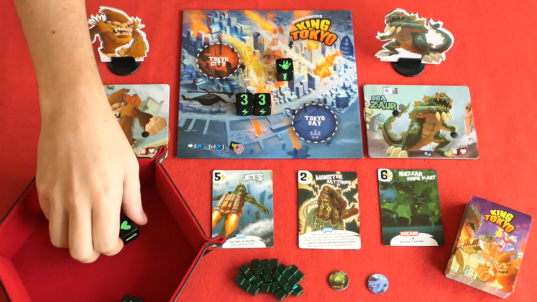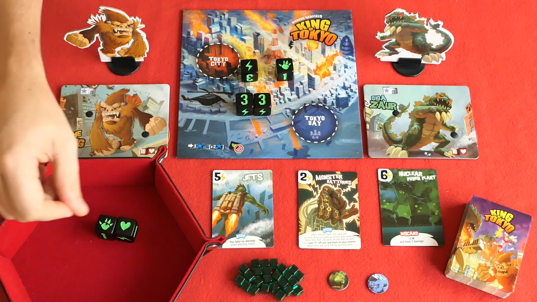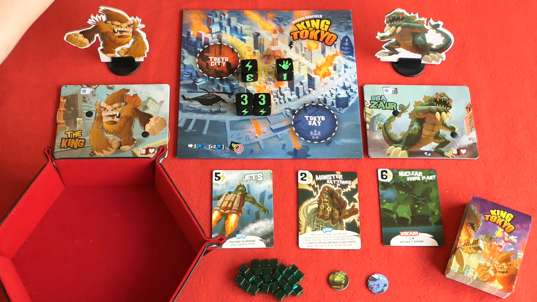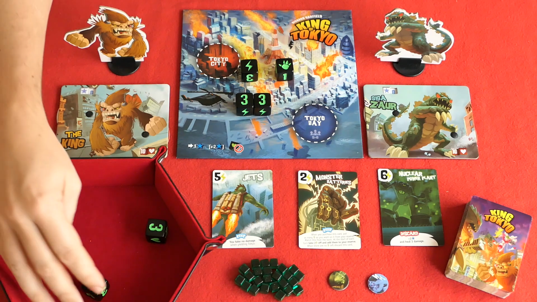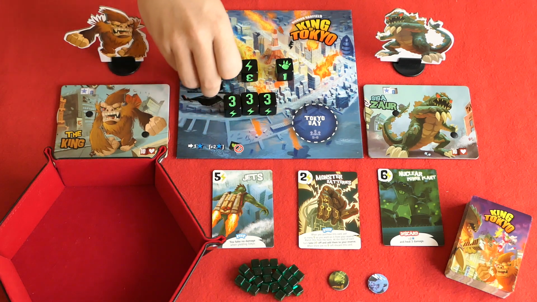So here we've got a heart and an energy, so I'm going to decide to keep that energy, and we don't need the extra damage, which I'll come to in a moment, and I'm just going to re-roll these last 2 dice for my last re-roll. That turned out very well, because as I'll explain to you now,